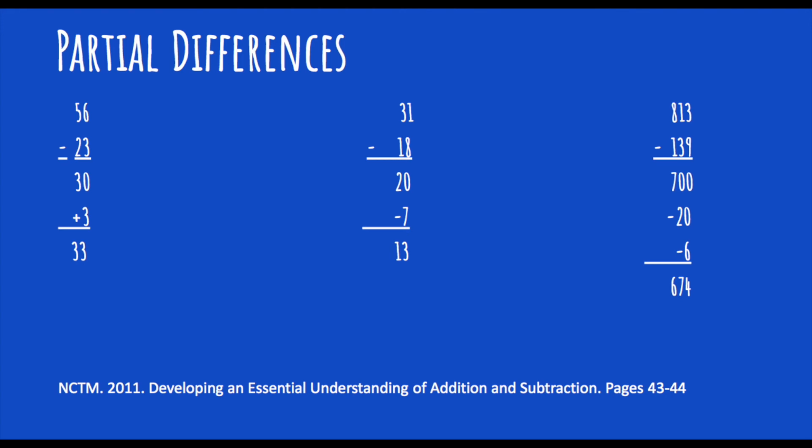And partial differences, I have to admit, they're complicated to me. There's some strategies that make sense, and others are a little more complicated. So 56 minus 23, that gets you to 30. And then 6 minus 3 is 3, and then you put the 2 together. That one's okay, I can see that one. But then they get a little complicated